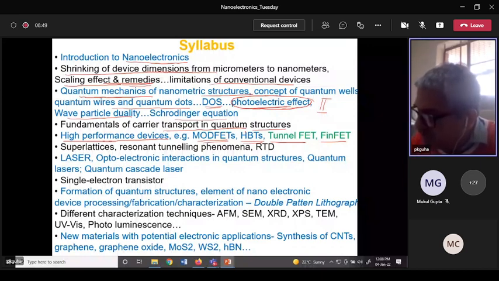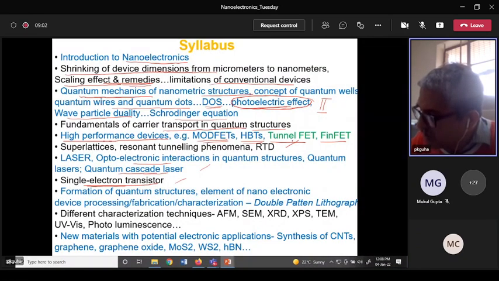If we get time, we will cover a little bit of lasers, quantum cascade laser, for example. We'll talk about the single electron transistor. So you see, a lot of devices we will cover, because it is quantum electronics. Then we will cover